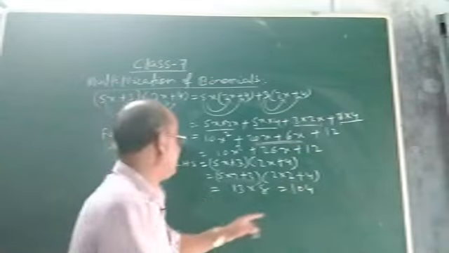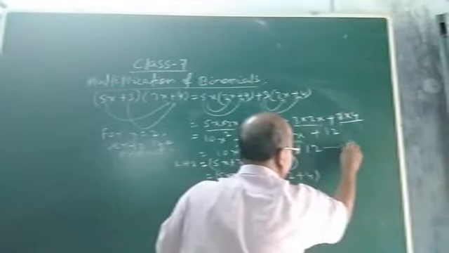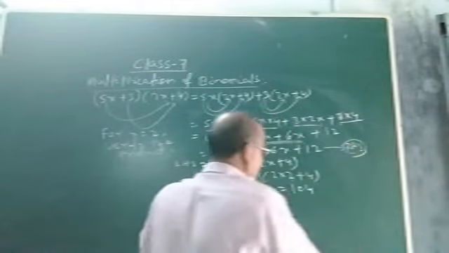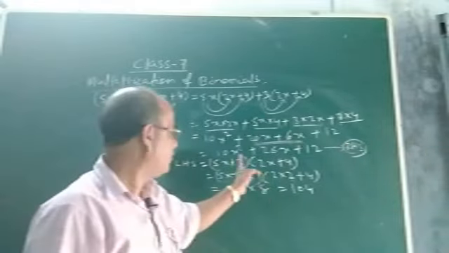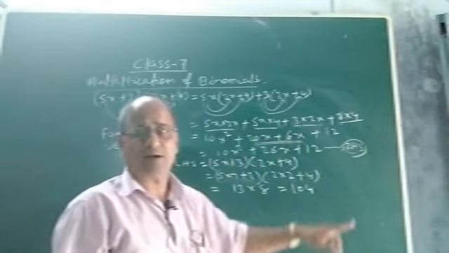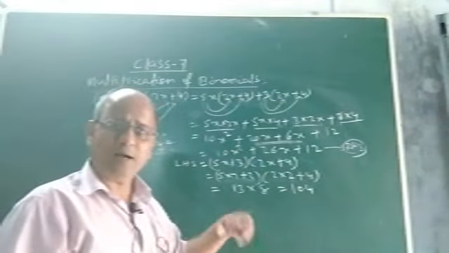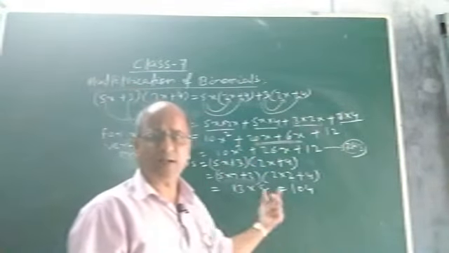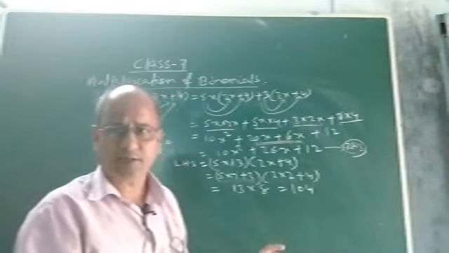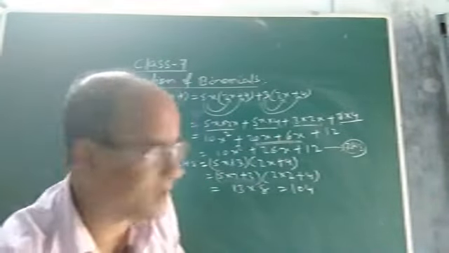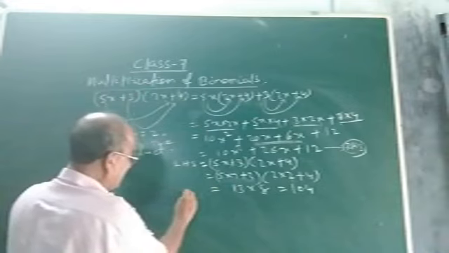Now we have to see, this is your right hand side. Now we have to see that for x equal to 2, whether the value of RHS is coming 104 or it is coming anything other than 104. If it came 104, then that means the left hand side, right hand side are same. So the process is, the multiplication is correct. Okay. So now let us find the value of RHS.